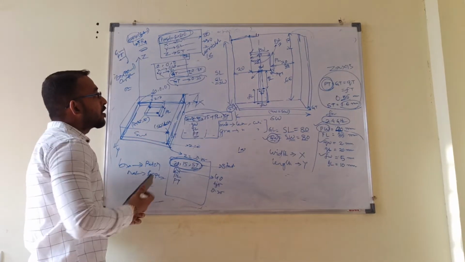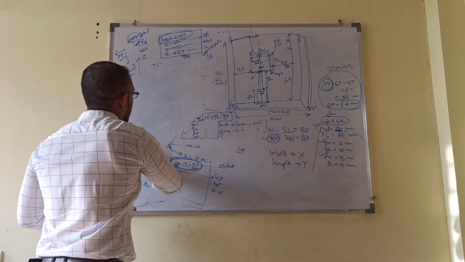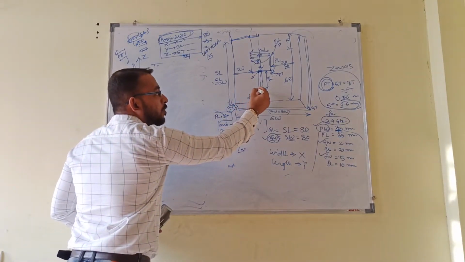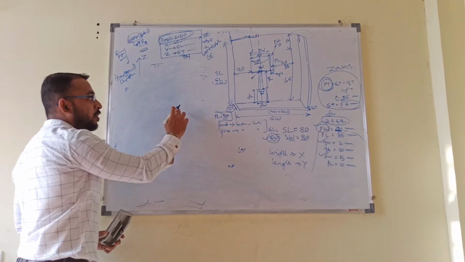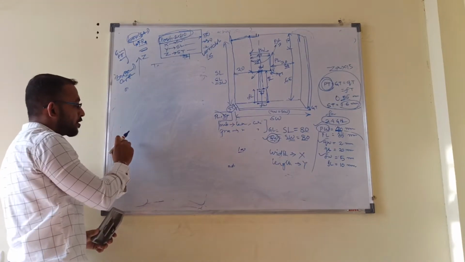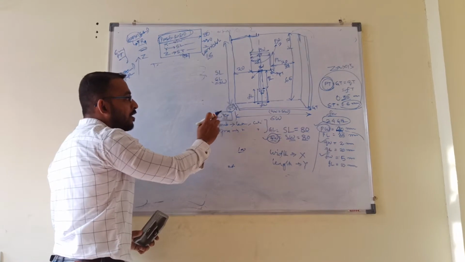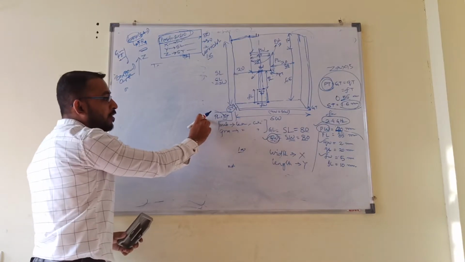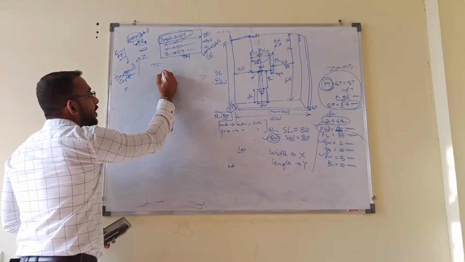These two are clear. Now for the feed line, where do I have to start? I have to move to this. Yes or no? What you have to do is remember the coordinate of the patch. From the coordinate of the patch, you can write the coordinate of the quarter wavelength. Only the coordinate part. From the coordinate of the quarter wavelength, you can write the coordinate of the feed line.